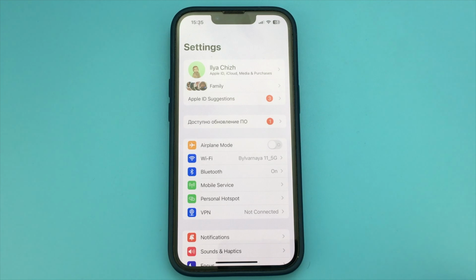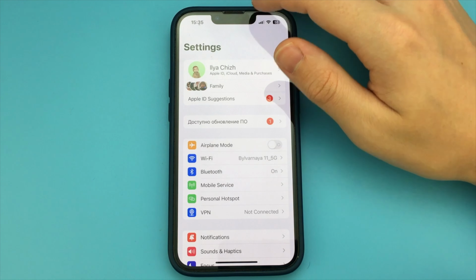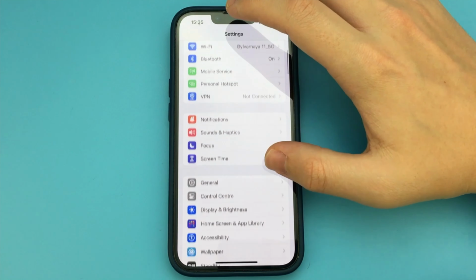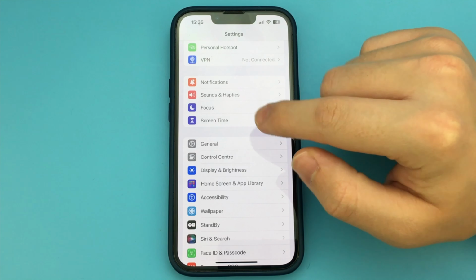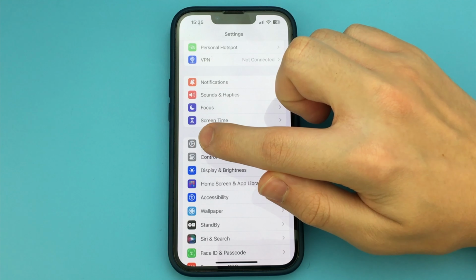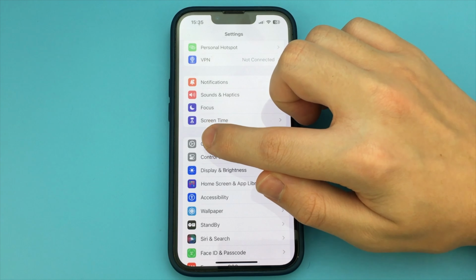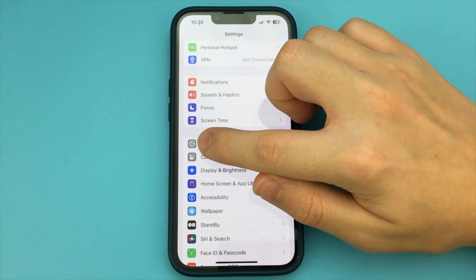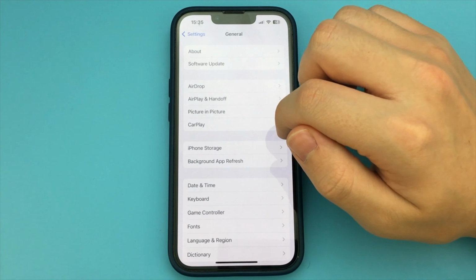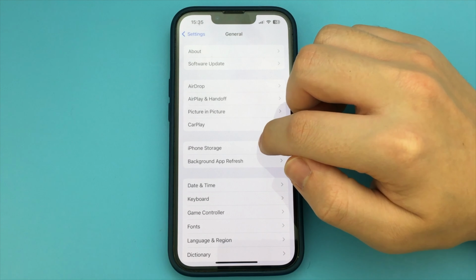Thank you. In this video, I want to show and tell you how to change the language on your iPhone or iPad. To do this, you have to go into the settings of our iPhone. Now go down a little lower and see the item General. If you have another language, this item will have a gear icon. Click here.